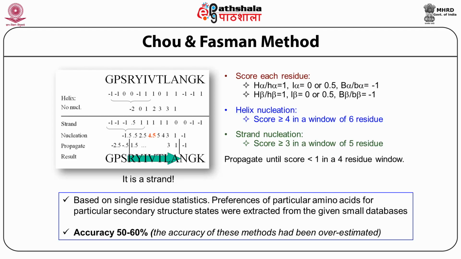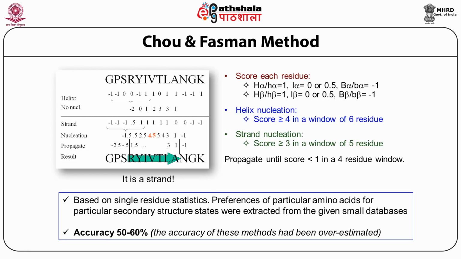If the score is greater than or equal to 4 out of any 6 adjacent amino acids, that is sufficient to nucleate a helix, and a score greater than or equal to 3 out of any adjacent 5 is sufficient for a sheet. Here, the sequence shown in the figure favors nucleation to form a strand, with the nucleation at valine